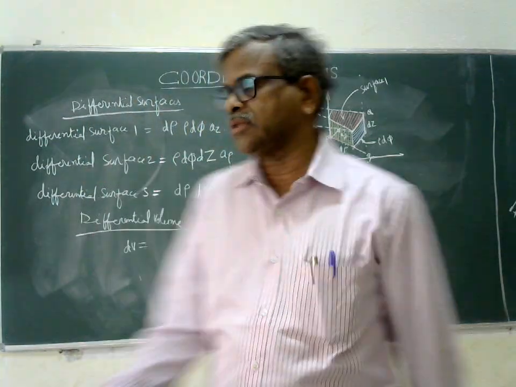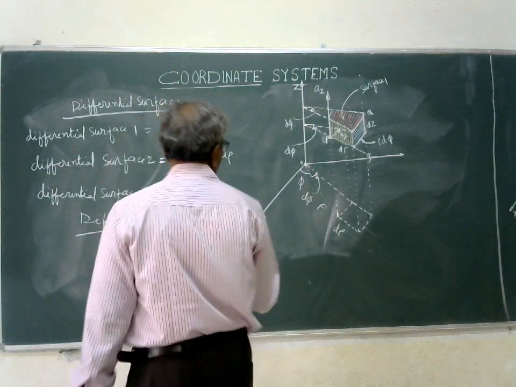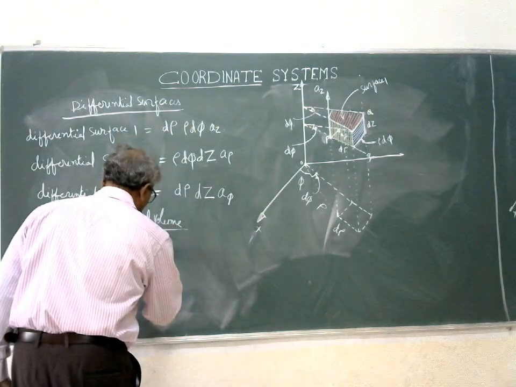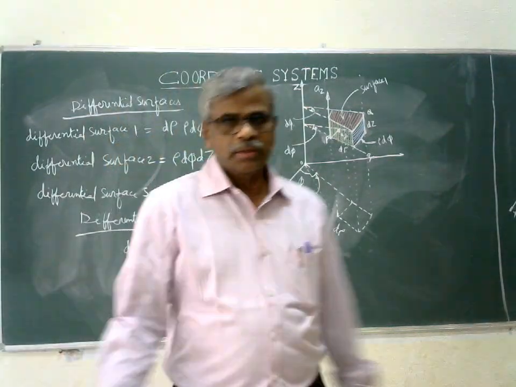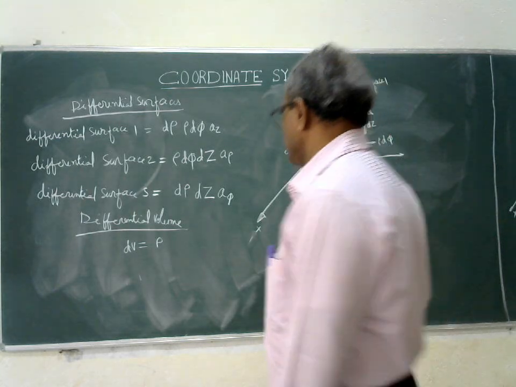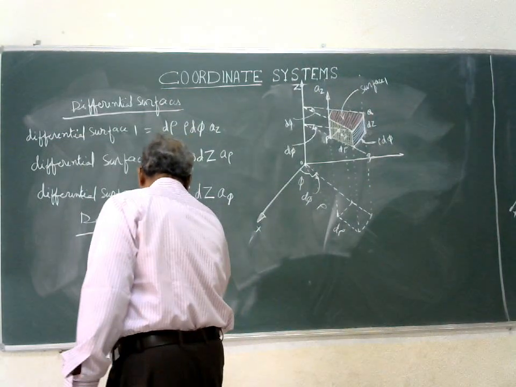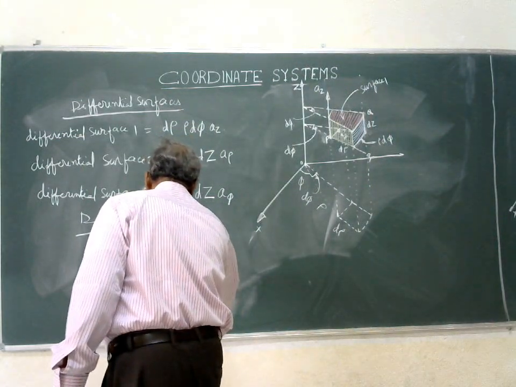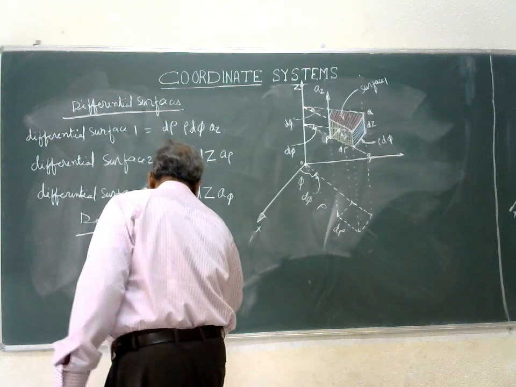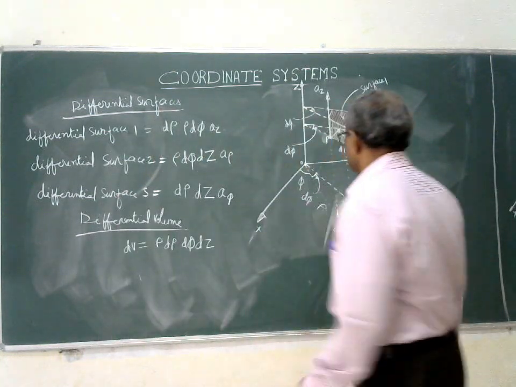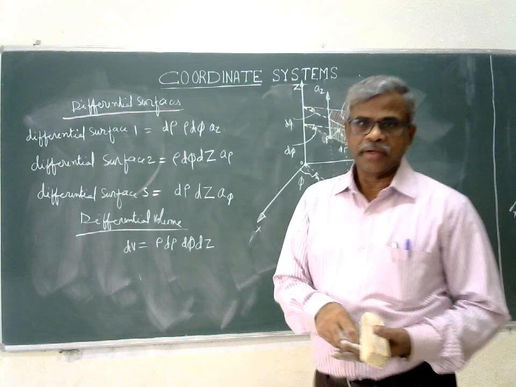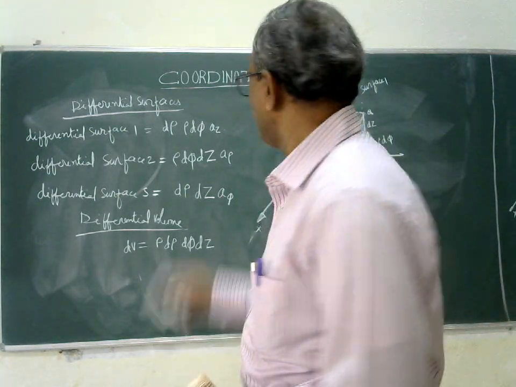One distance is d rho, next one is rho d phi, next one is dz. So this is the differential volume of the